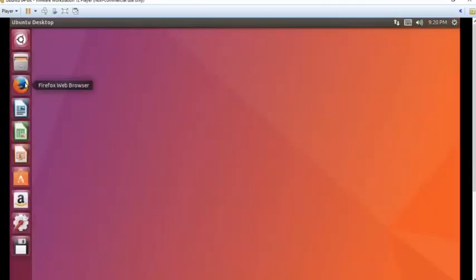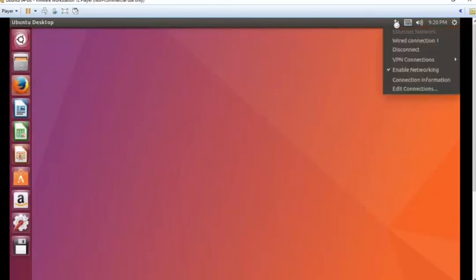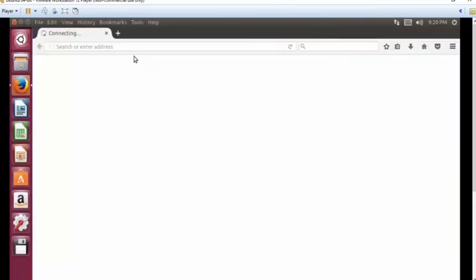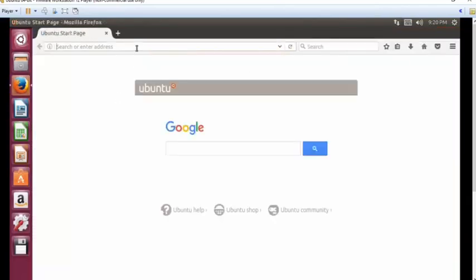Now, for us to install the Tor browser, all we have to do is open Firefox. It will come pre-installed. Make sure you're connected to the internet. I'm connected through the virtual machine. Just open Firefox and search for Tor